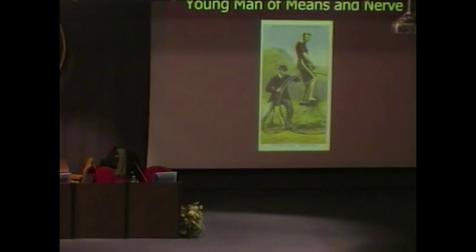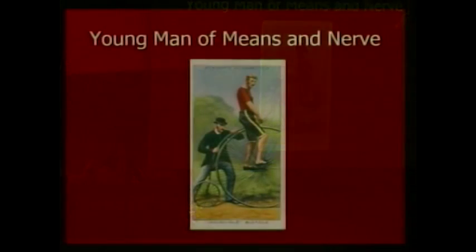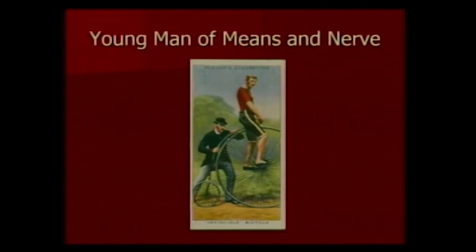Here's a picture of a young man with means and verve riding a bicycle called the Invincible. I got this from my father's cigarette collection. Here are cigarette cards, and this is a nice picture of this Invincible. These bikes are so big they have to be launched, so the gentleman with the bowler hat is launching the bike. Has anyone here ever ridden one of these bikes, by the way? No. The only person I know is my Dutch colleague, Wiebe Bijker. He can ride one of these things. Sometimes when he gives a talk in a museum, they have one, and he'll go up and ride the thing.